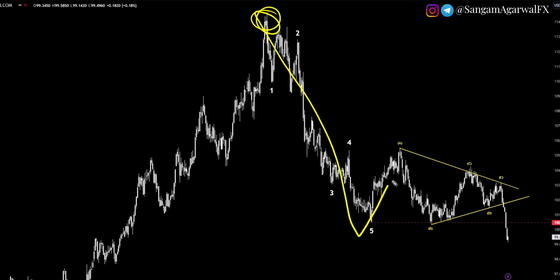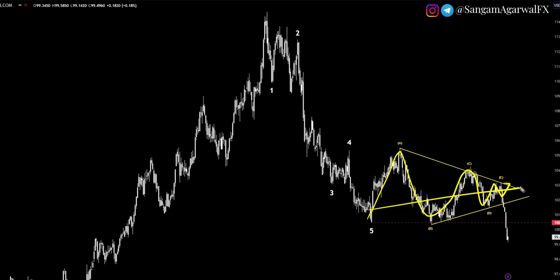Dollar index daily time frame. After this sideways correction triangle chart pattern, that was your 6-month sideways correction, and now it has broken out, and you can see price action is vertical. There is no correction, just red candles going down, and your first resistance is 100.48. This is your first resistance.